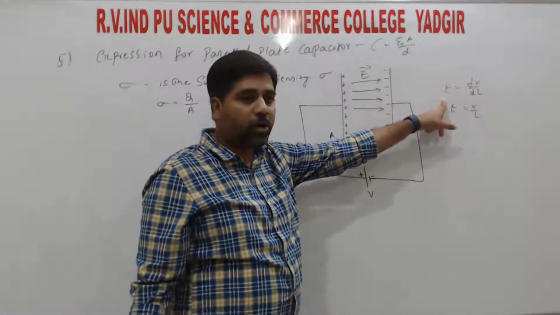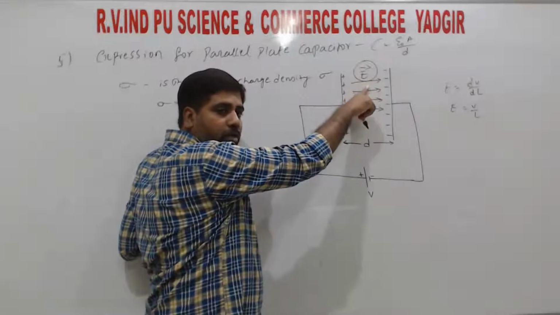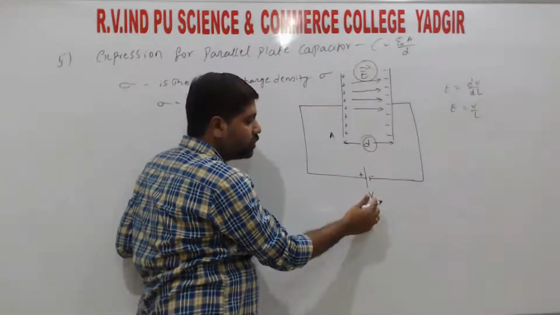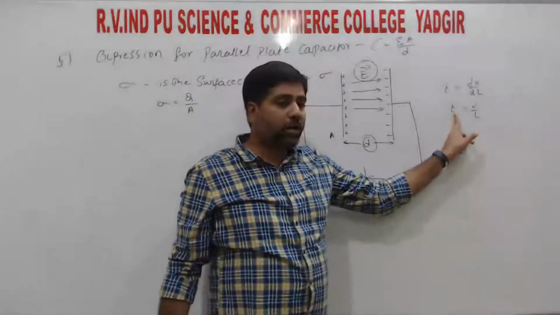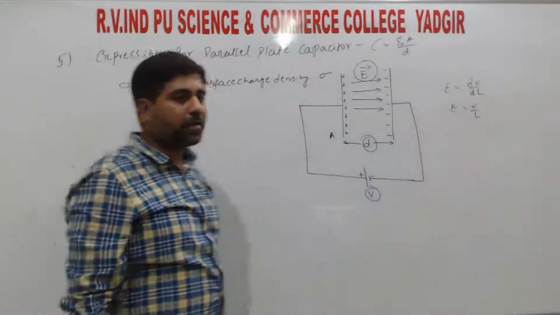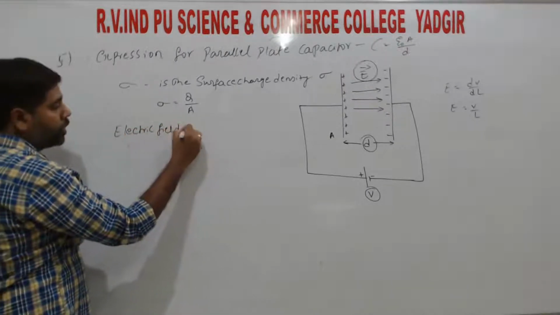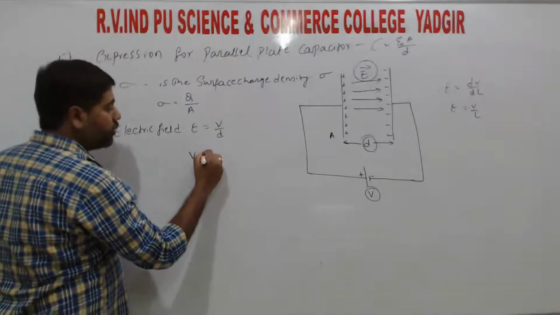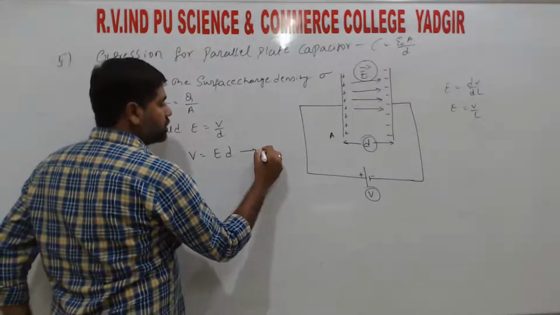So we derived this in the last class, right? So here also the electric field is produced. Electric field is produced within the distance d, and that is because of the potential V. So now we relate the electric field to the potential, then E is equal to V divided by D, right? So we need the potential, right? So potential V is equal to E into D, right? So calling this the first relation,